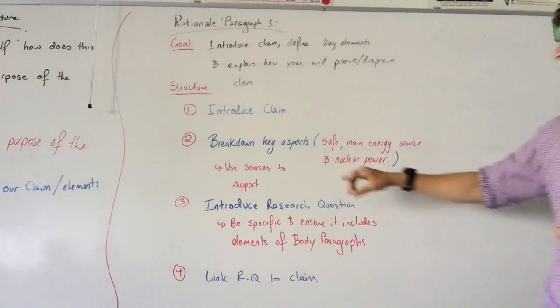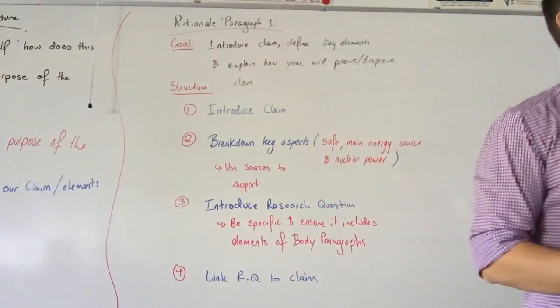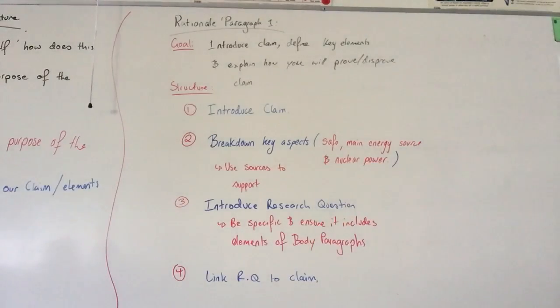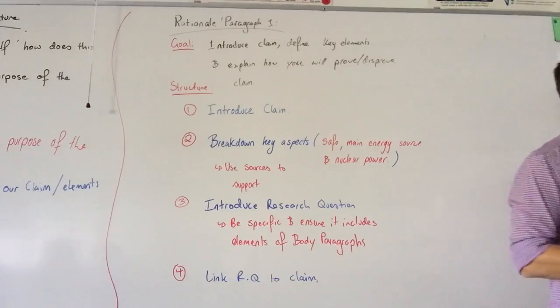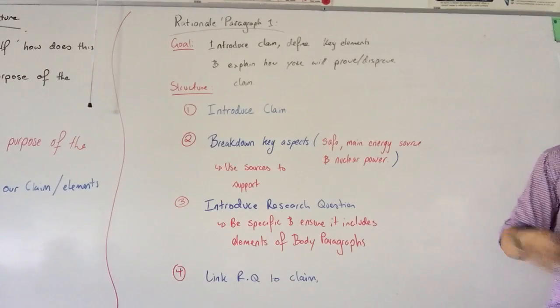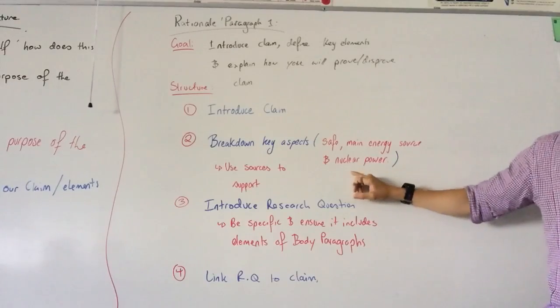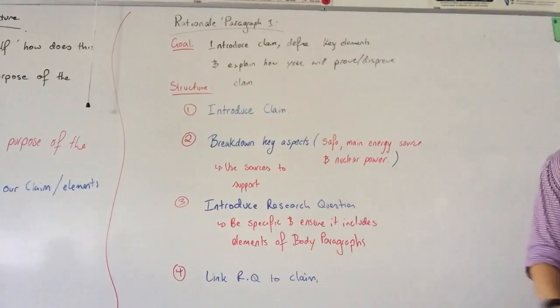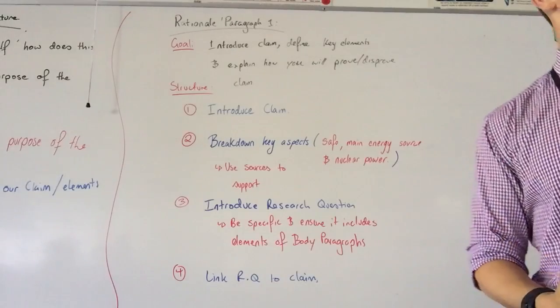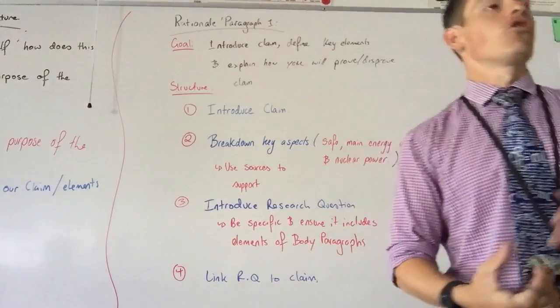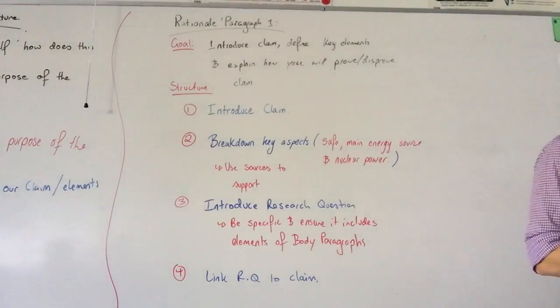The second thing you're going to do is break down the key aspects. Now in red, I've put some of the key aspects that every person in this room should be investigating. Every person is looking at nuclear power. That is a subjective term. What do you mean by nuclear power? If you're going to talk about fission, do you want to talk about one technique for fission? There are plenty of techniques.